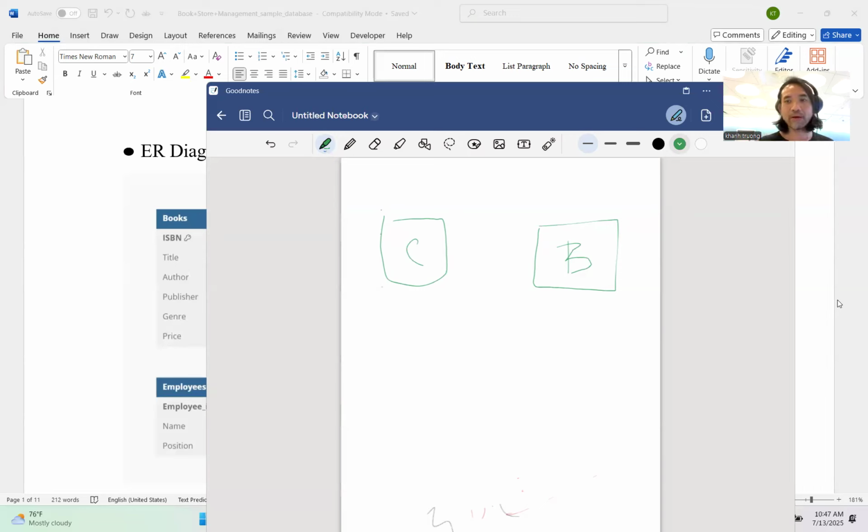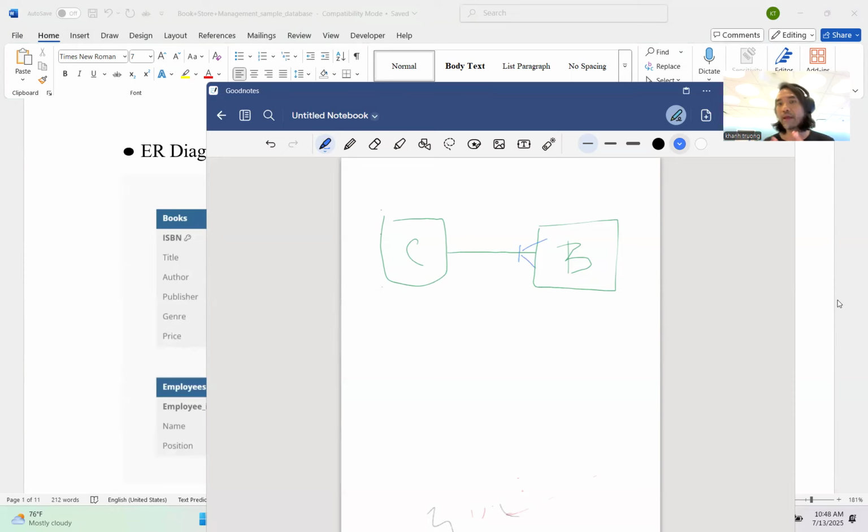Okay, so you have a customer and books, right? This is going to be a two-way relationship, right? The first relationship is from customer to books, and the second relationship is from book to customers. Okay, so now you have this line, a relationship line, right? Okay, so a customer can buy a lot of books, but at least one book to be a customer, right? So that's going to be a vertical line here, right? And then the maximum number of books a customer can buy, they can buy as many as they want. So that's going to be a crow's foot notation here,